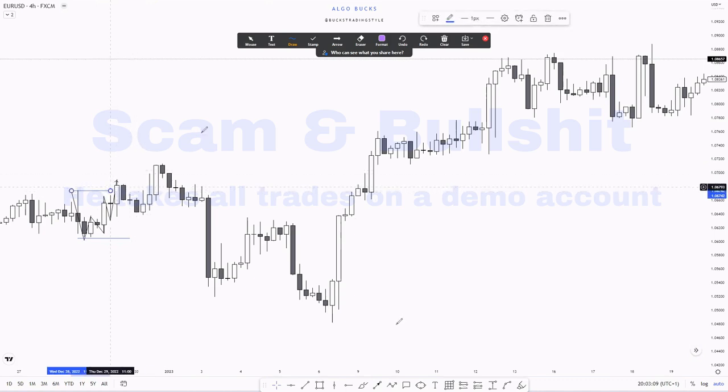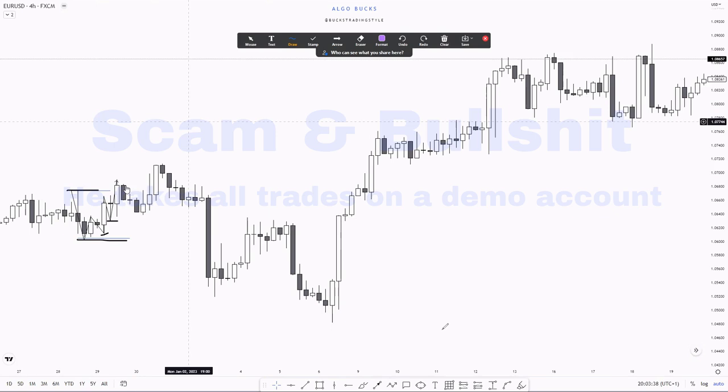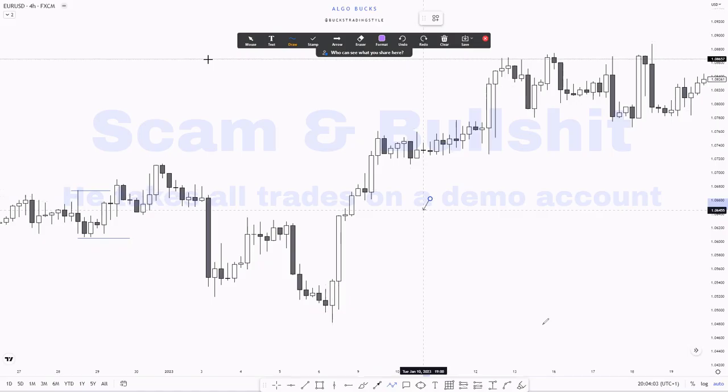Now this low right here, this low and this low, okay? They now become our internal structure, because they are happening inside the trading range, inside this high and this low, okay? But until price breaks out of the range, everything happening within that range is our internal structure. So now we are marking external structures only. We are going to come back to mark out internal structure. So we have this right here as our range. Now, as price broke out of this range,